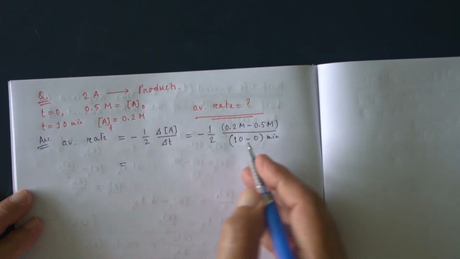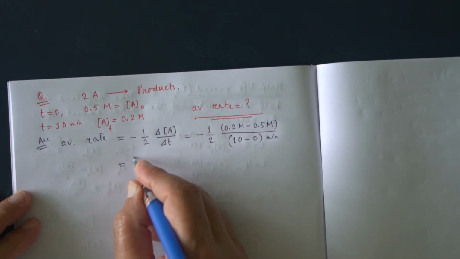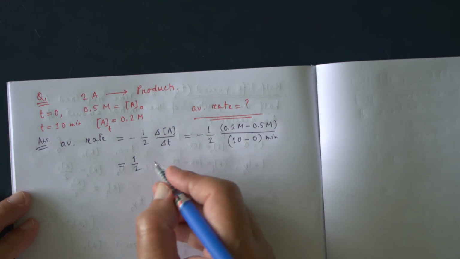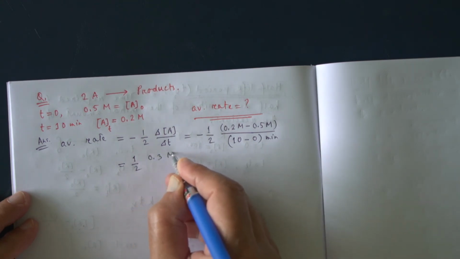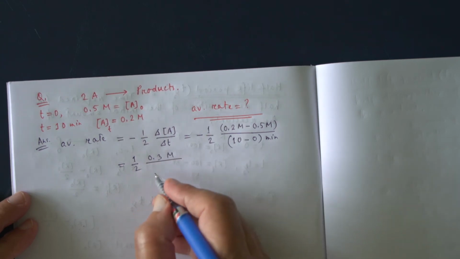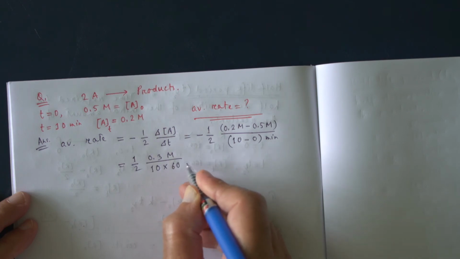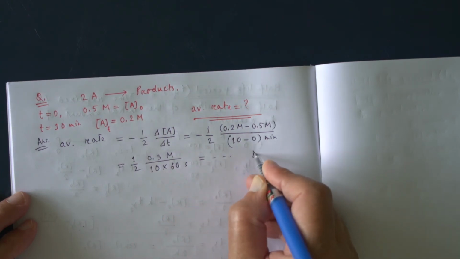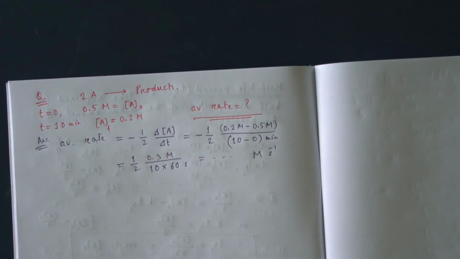and this will be positive, so minus, this will be ultimately positive because this is negative. So this is 0.3. Okay, 0.3 molar by 10 into 60 second. So you just simplify and you will get the answer. This is molar per second. You will get the answer. Okay,